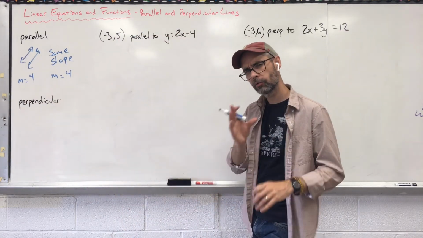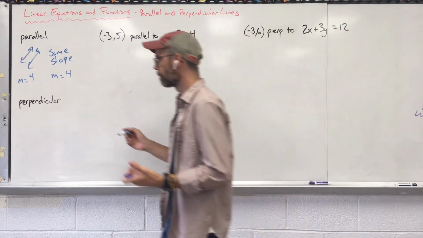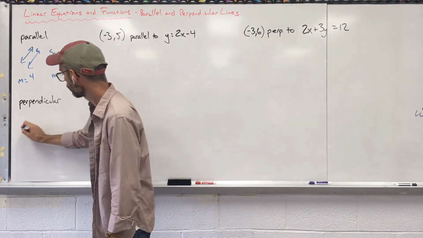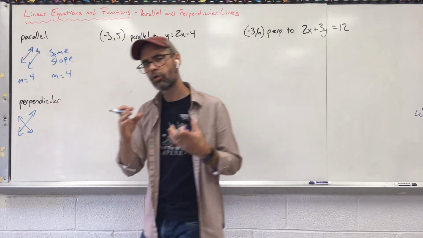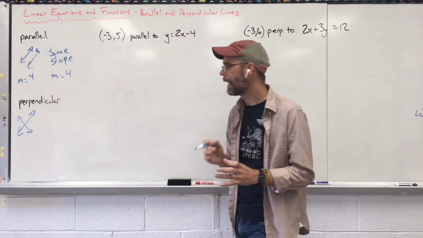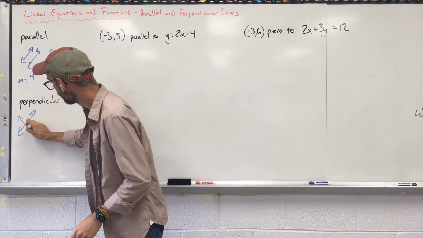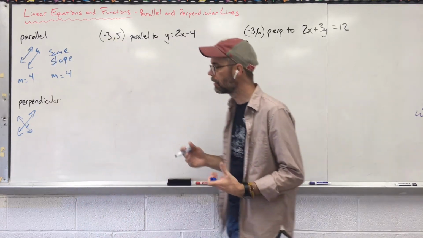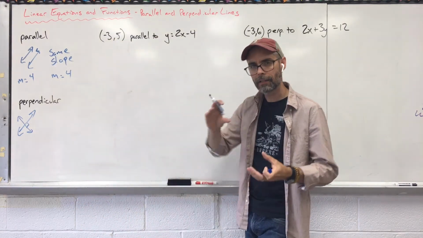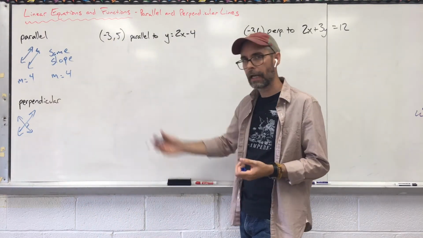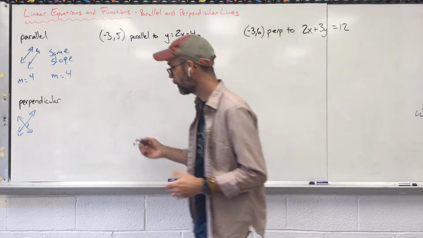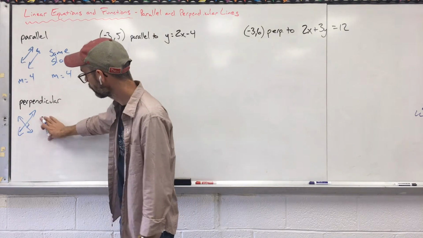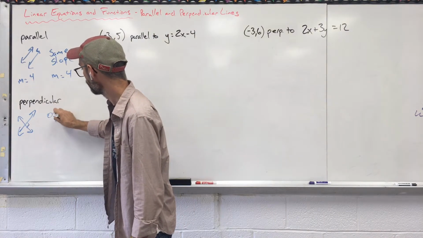Okay, perpendicular is where it gets a little weird. If parallel lines never touch, perpendicular lines do, but they cross in a certain way. They cross at a right angle, at 90 degrees. That little box just says that we've got a 90-degree angle, a right angle. So we have a certain kind of slope here now. We now say that our slopes are opposite